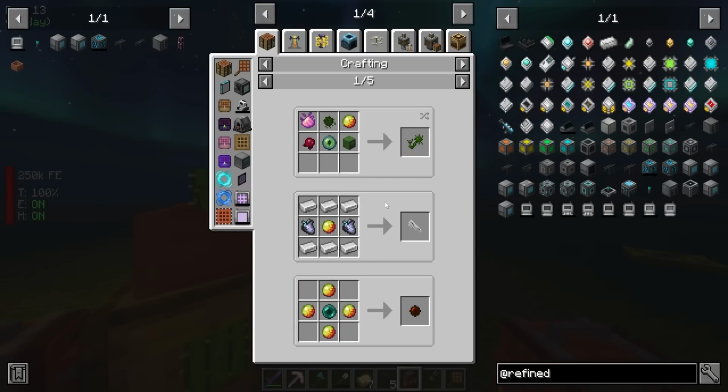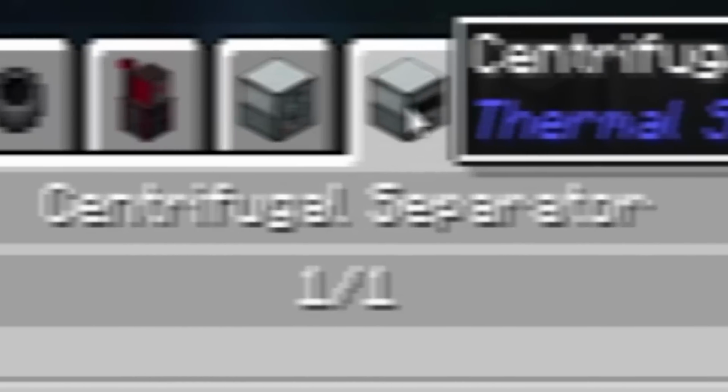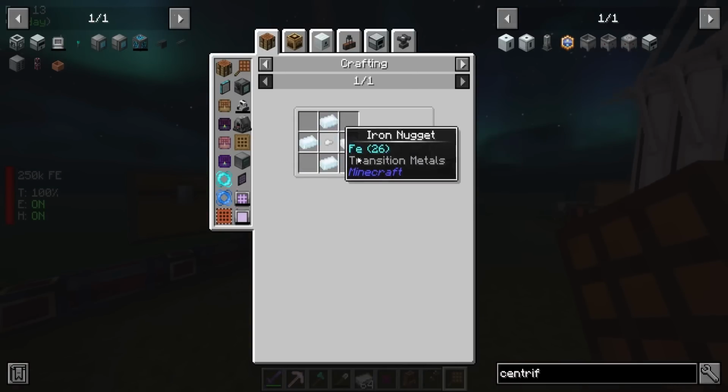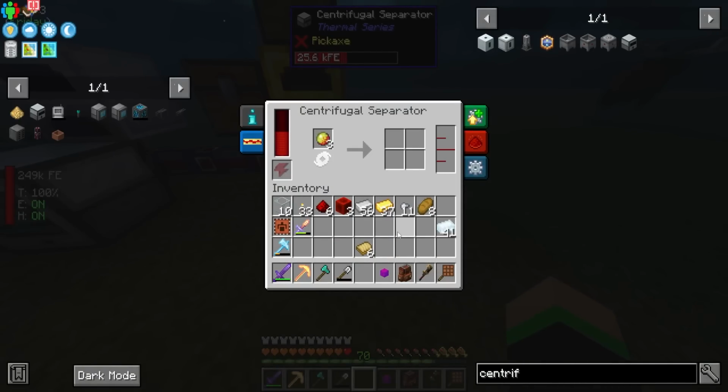That is when I remembered that you can use the centrifugal separator, got it, nailed it, to break down magma cream into slime balls. This was easy enough, so I got started making the machine. I'm not going to say its name again because that sucked. We threw in our magma cream and waited for it to give us just enough slime balls to make a